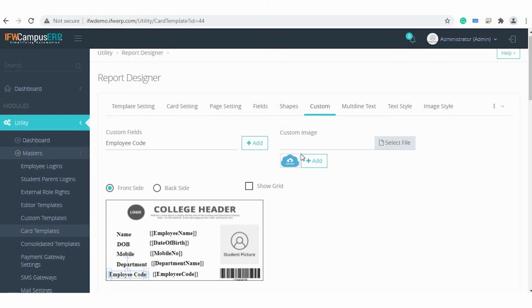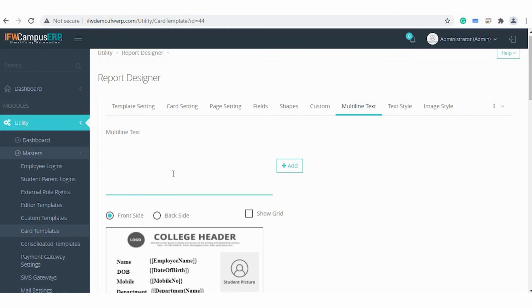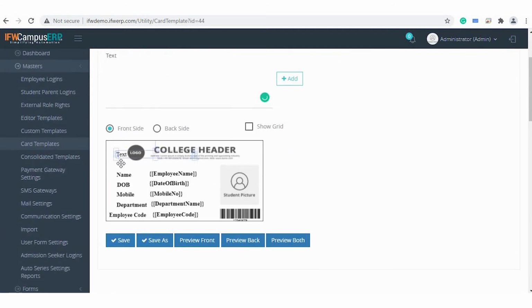You can also add the image using this add button. If you want to delete it, just select it and click delete on your keyboard. Multiple line text is also used to add any text in the card. So we have added this text. If you don't want it, you can remove it.